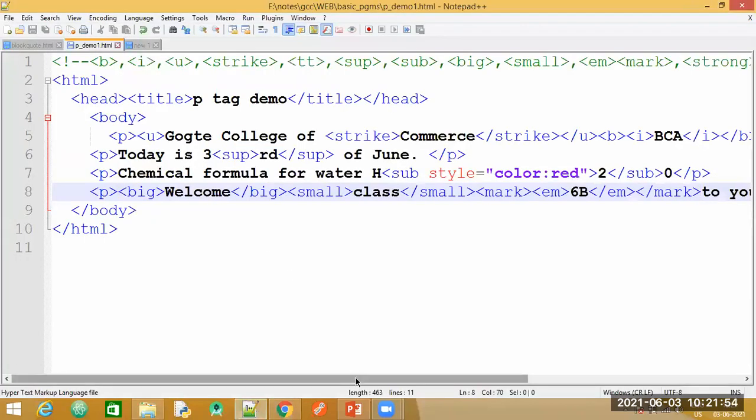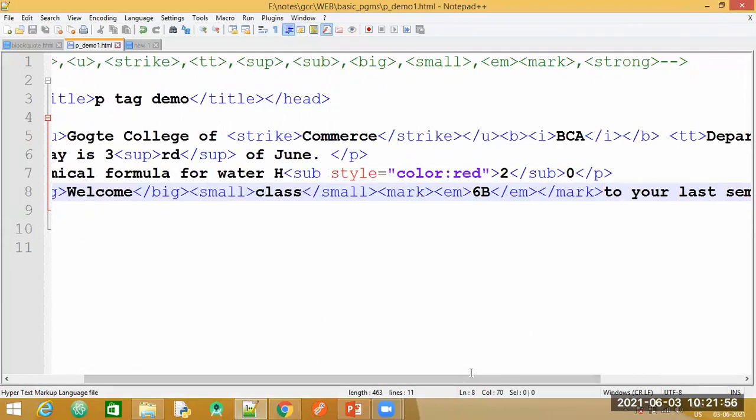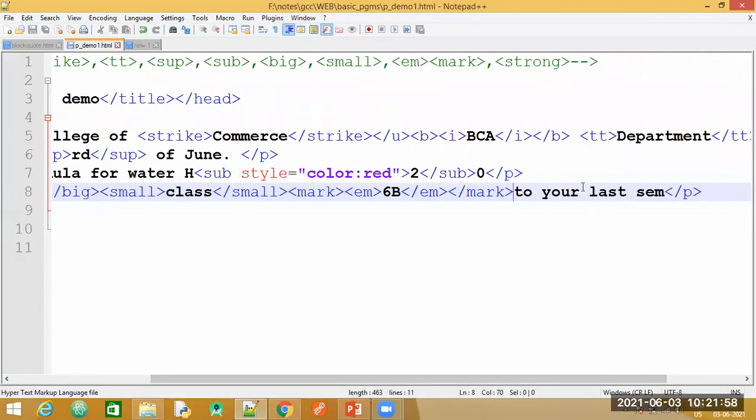Then we are left with strong. So let us apply that to these last two words.